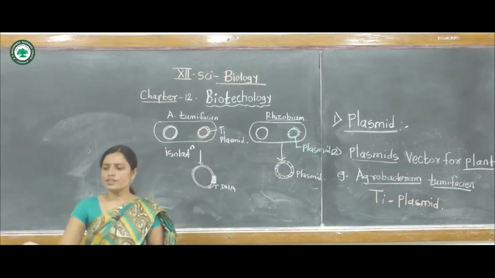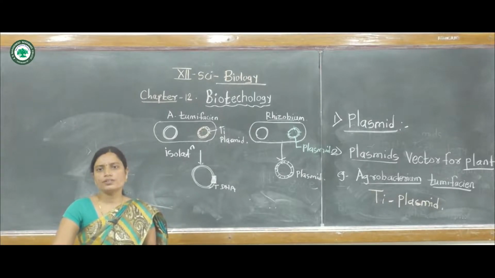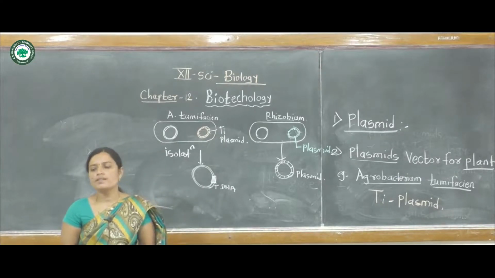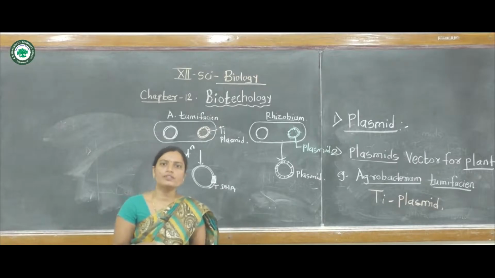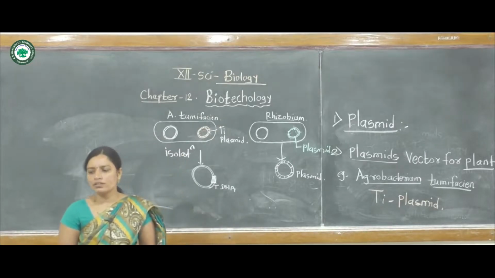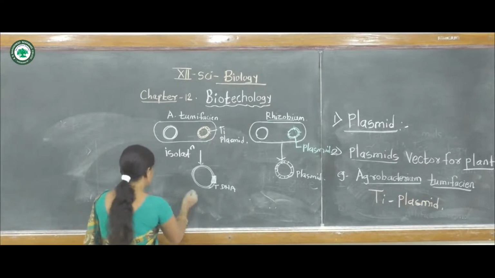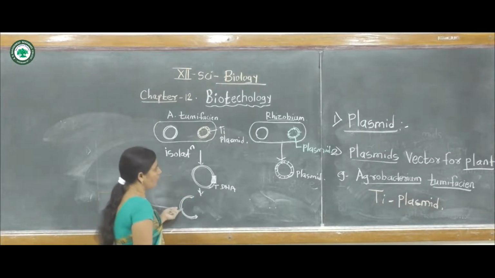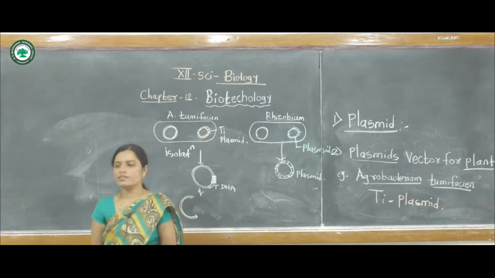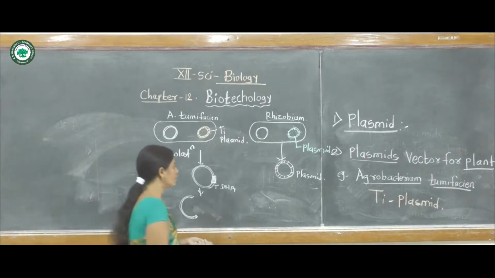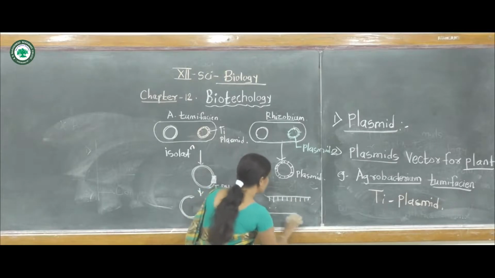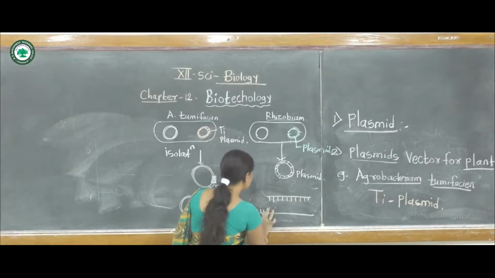The first step is isolation, and later the gene is transferred through this plasmid. In the cut region of this plasmid, they can insert the particular gene like a nif gene. But this nif gene has some sticky ends. They can insert it in the cut portion, and this plasmid is also used for the insertion of this nif gene, having some sticky ends on the DNA strands. The sticky ends are present.